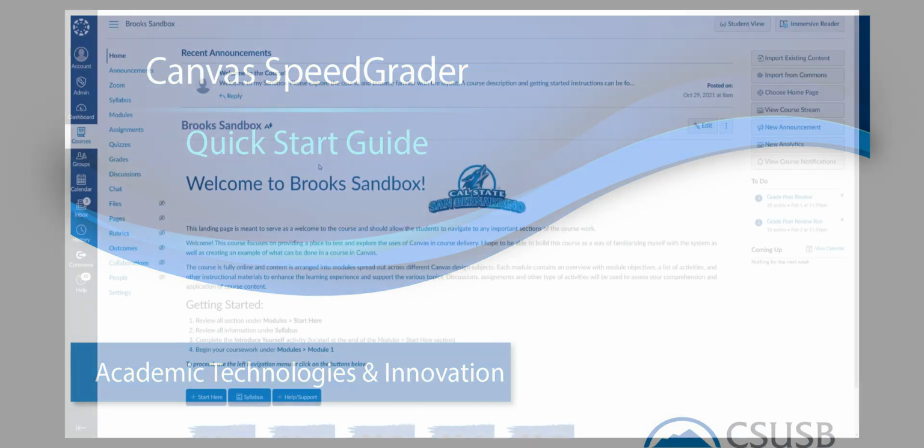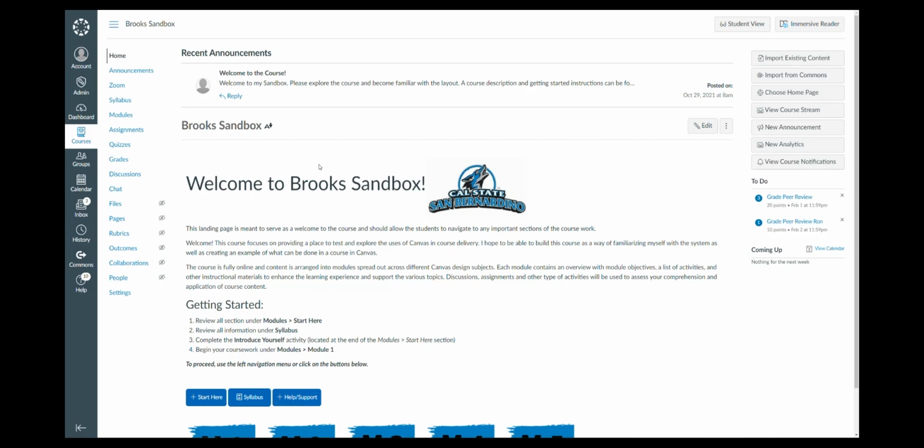Let's talk about the SpeedGrader. The Canvas SpeedGrader can be accessed from a few different locations in your course. The first is the to-do list found on your course homepage. Note that this to-do list will only populate with assignments that still need grading. If you've already graded all of the student submissions for a particular assignment, it will not populate on this to-do